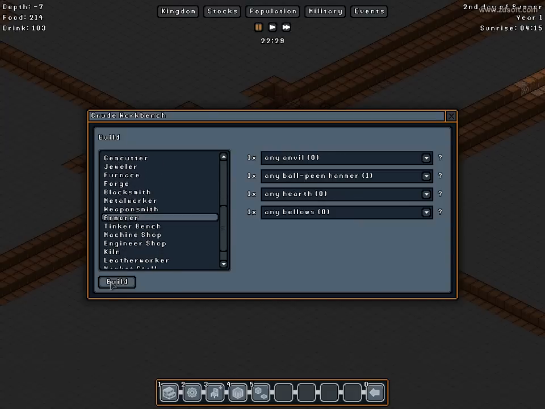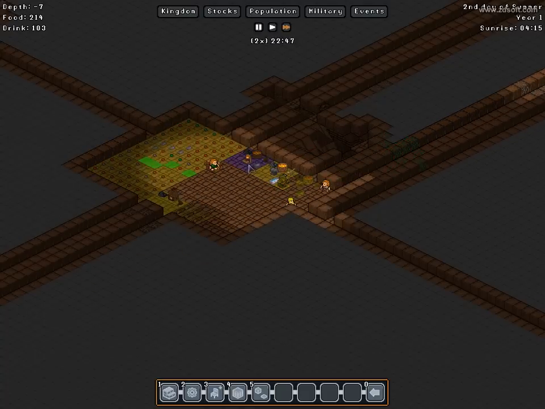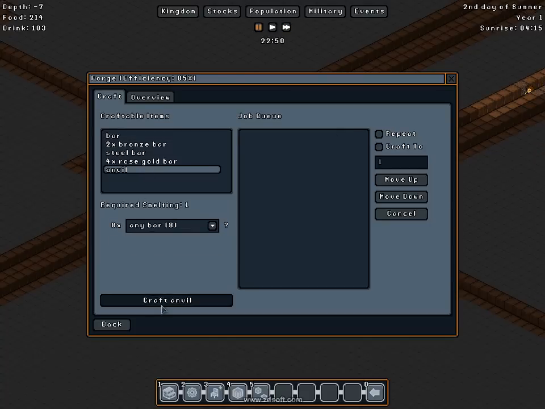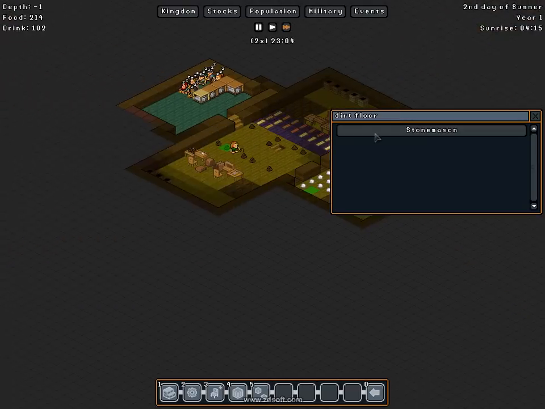Okay, anvil, ball peen hammer, hearth, bellows. All right, hearth and bellows. That's all I really need to remember. And anvil, of course. Thank you for making anvil. Hearth and bellows. Go up here. Make myself